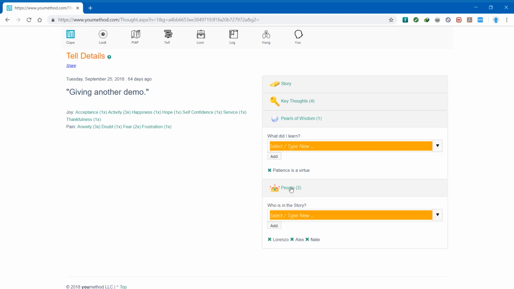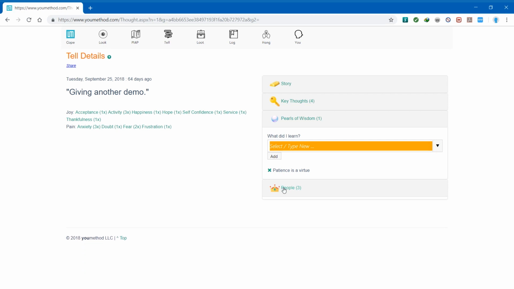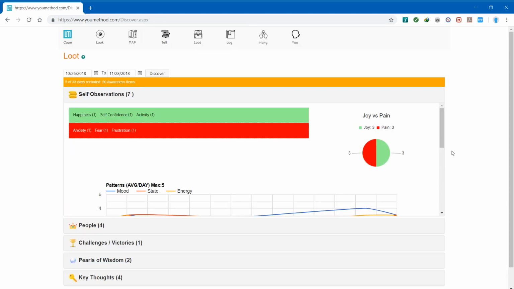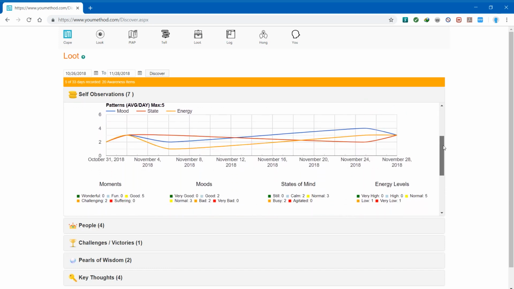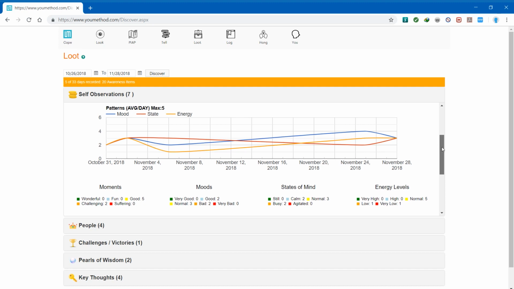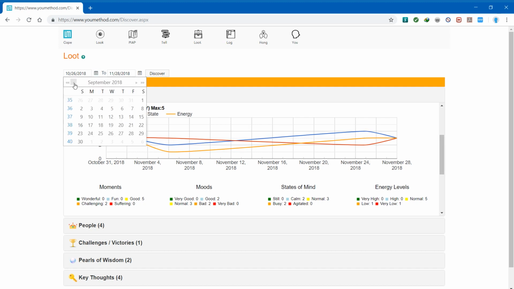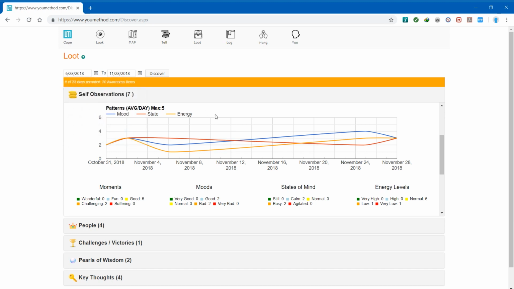I have the option of adding people to my story, but in this particular case, I'm recording a demo, so they don't necessarily apply. So the next thing I can do is hit loot. And in loot, we're really talking about the value or the information, the data, the treasure that we can extract using YouMethod over time. So if I click on the map over here, and go back roughly 4 months, and click Discover,